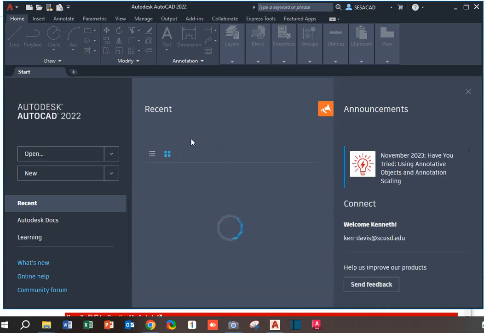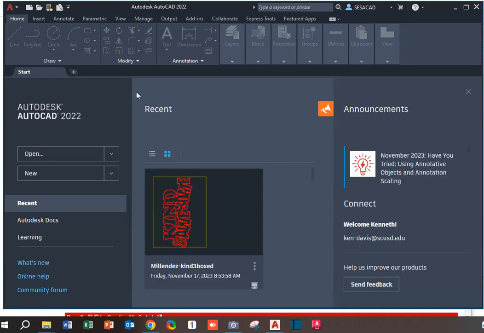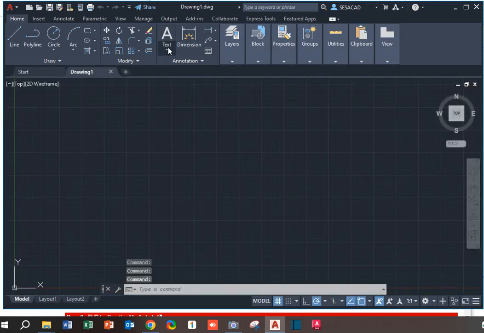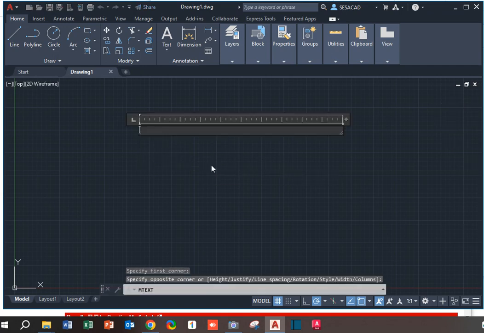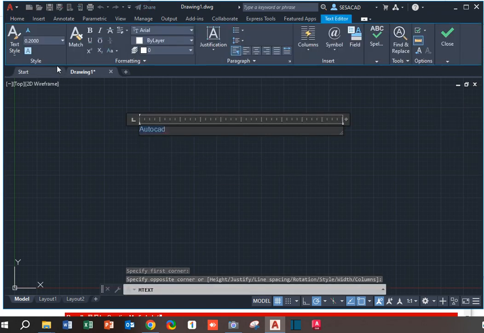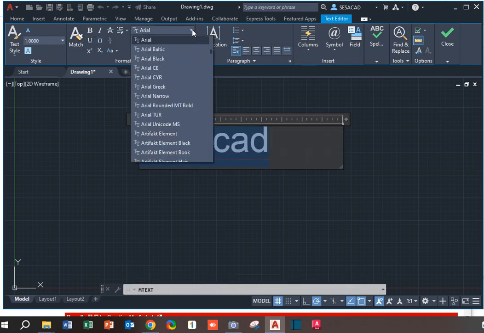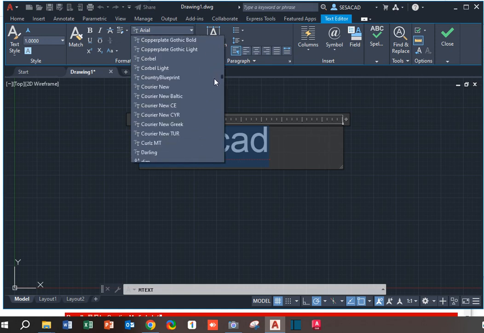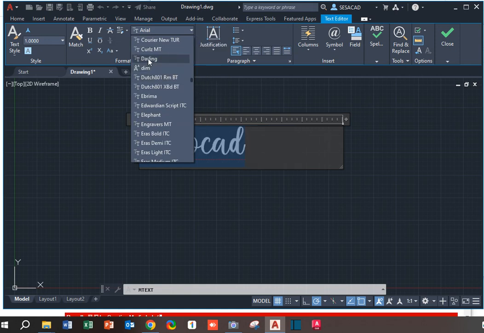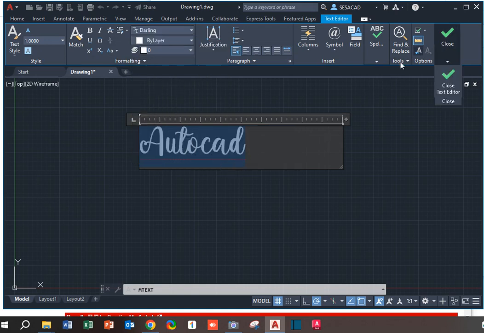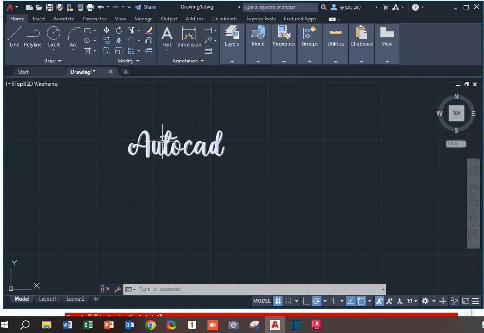And then once you have that, you will start a new drawing, and then click text and multiline text, make a box, type in your word, highlight, you can change the name here or change the size here, and then pull this down and find Darling. There you go, Darling. There you go. So now you can simply click close. Okay, close text editor and zoom in, or you can click this option here to zoom extents,